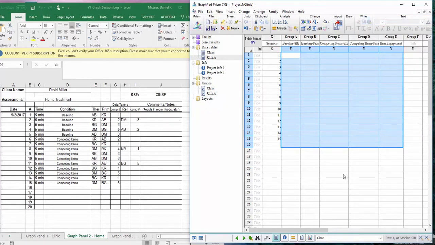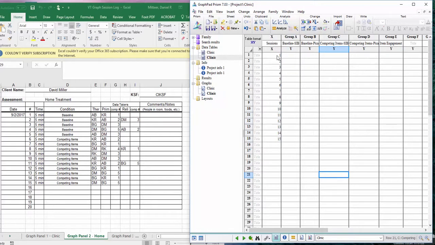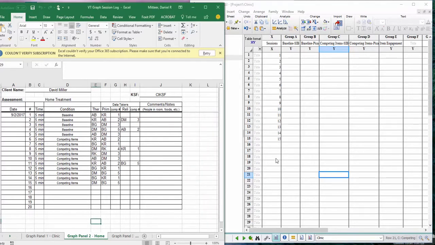Make sure that you don't click your x-axis when you're clicking to delete that, because Prism will not allow you to delete the data. It's also important to make sure that although you have duplicated your spreadsheet from your first setting, your amount of sessions match the amount of sessions that you need for your second setting. So I'm going to double check that in my home setting, we also conducted 15 sessions, and I have 15